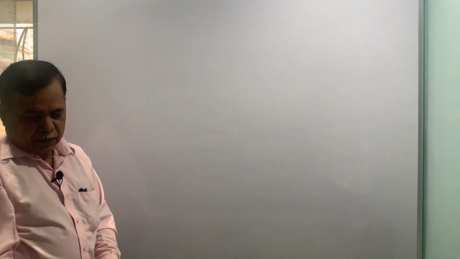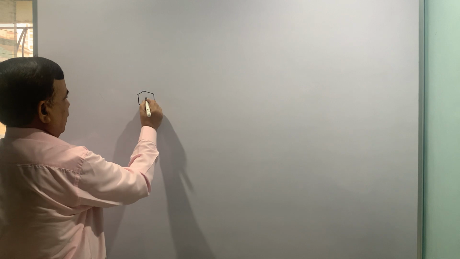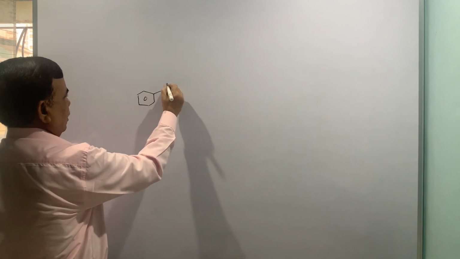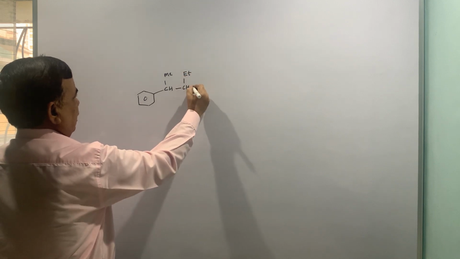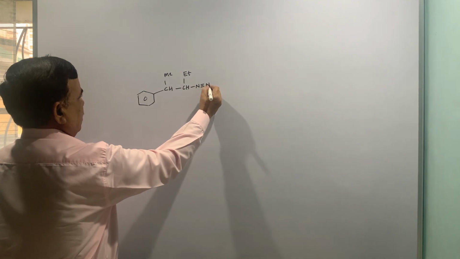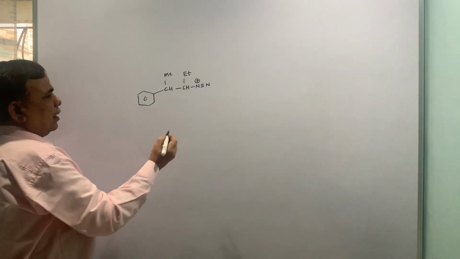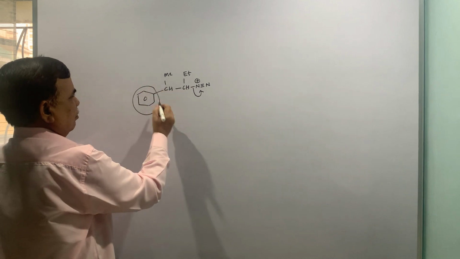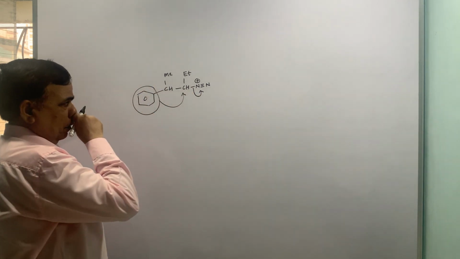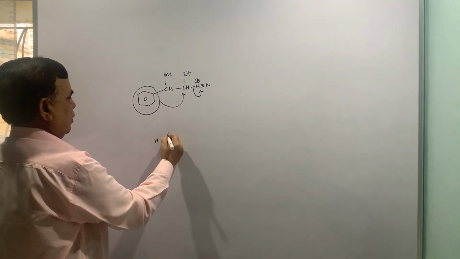Okay. Now, the third compound, what we wrote, I will be putting that compound properly, so that this is methyl, CH, ethyl, and NH2. Now, this NH2 becomes a diazonium ion upon treatment with HNO2. We have already seen that. When this goes off, naturally among these two, this has greater migrating aptitude. So the nitrogen goes off, this ring migrates. Now what we'll have,